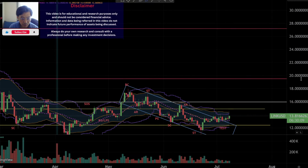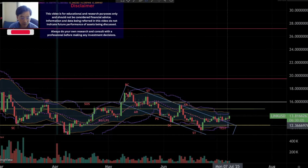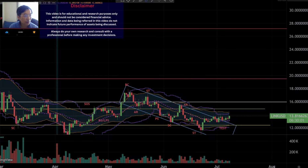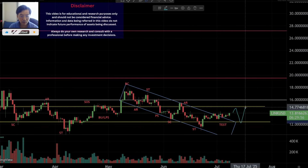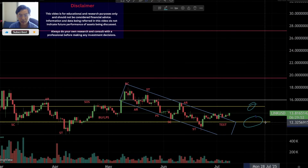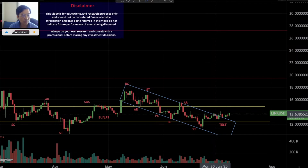So if I enlarge it, you see there was a very close case, but now since it has pumped up a little, it has changed obviously. So expect continuing range bound between these two yellow lines, $12.40 to $14.90. In terms of Wyckoff,